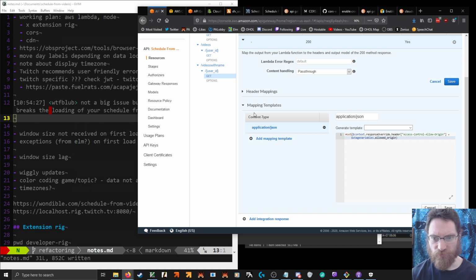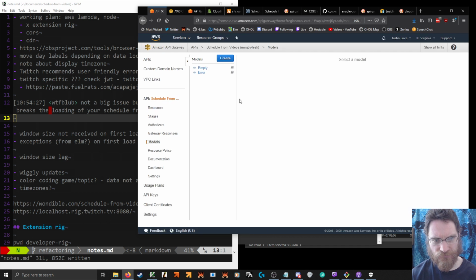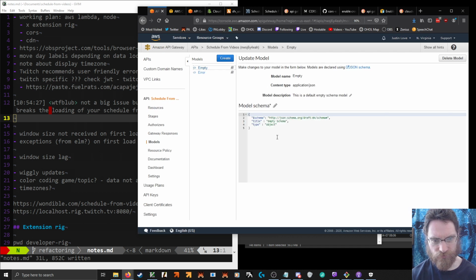So this thing doesn't really give us anything. Will that be valid as a model? Models are declared using JSON schema. We're doing just a meta command.